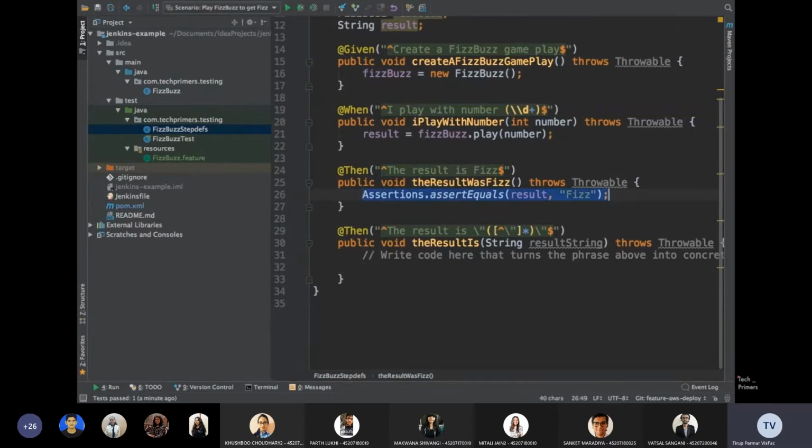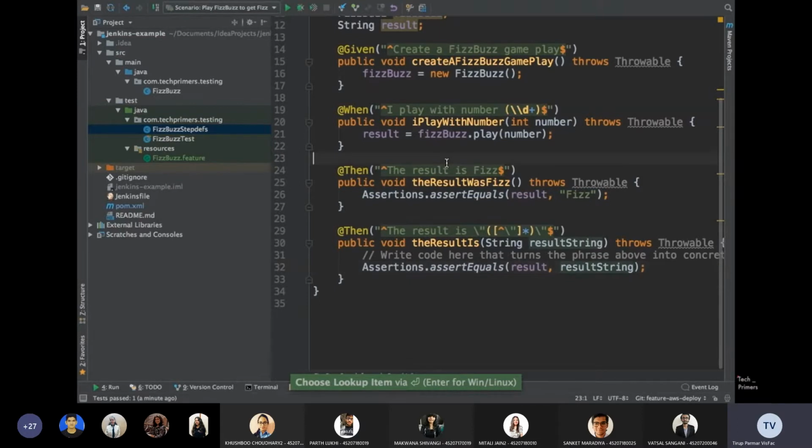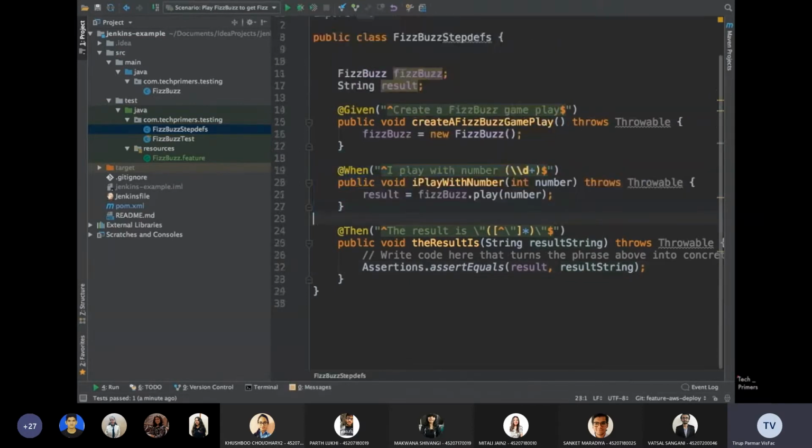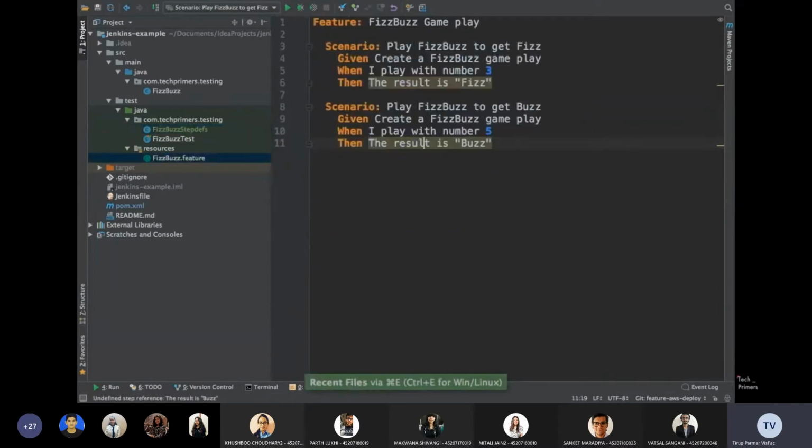The only thing is I'm just going to assert with whatever we are getting from the behavior driven test. That's it. So I don't need this particular then. I don't have to have a duplicate step def. So I have written a step def that gets the argument and then asserts based on that. So that way, both of my tests are, see this,